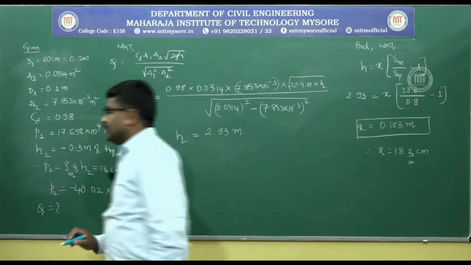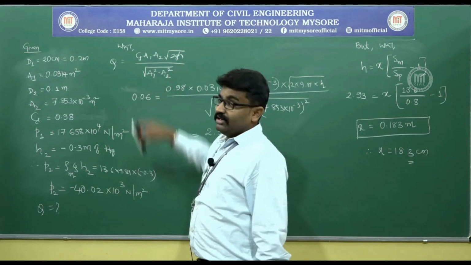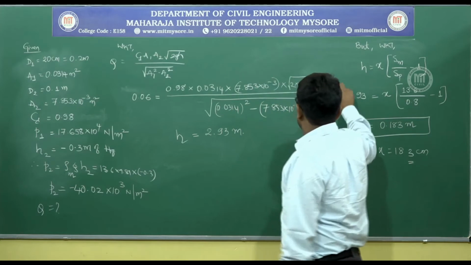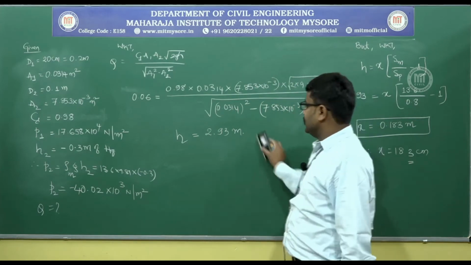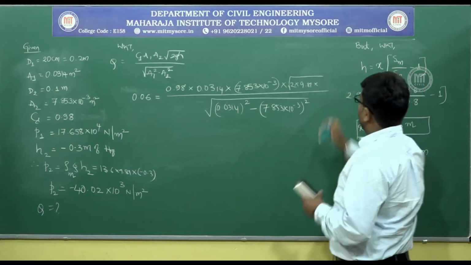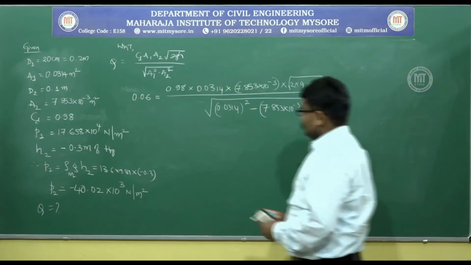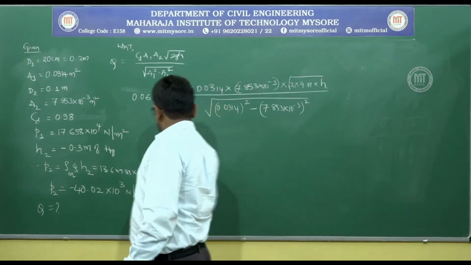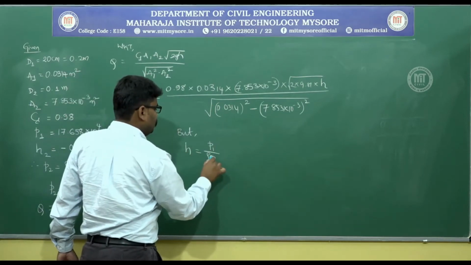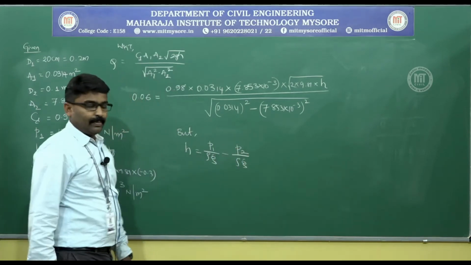Q should be calculated. How do I calculate? I know that Q is equal to CD A1 A2 root 2GH divided by root of A1 square minus A2 square. In this, H needs to be calculated. Only unknown is H. How do I calculate H? I will make use of this equation. But H is equal to